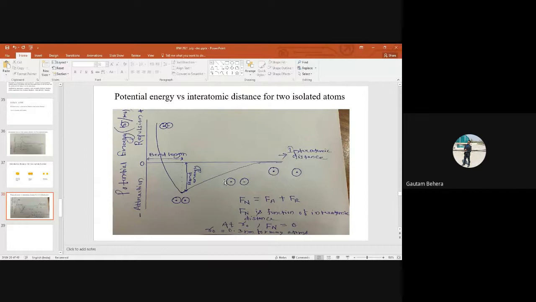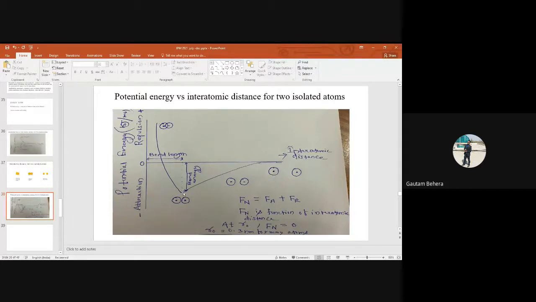So you can see now these two atoms are close. So what happens? The potential energy is further decreasing, and finally they will reach a particular gap where the potential energy will be minimum. So this distance will be the equilibrium distance, right? Why? Because they have minimum potential energy between them. The potential energy of the system will be minimum, right?